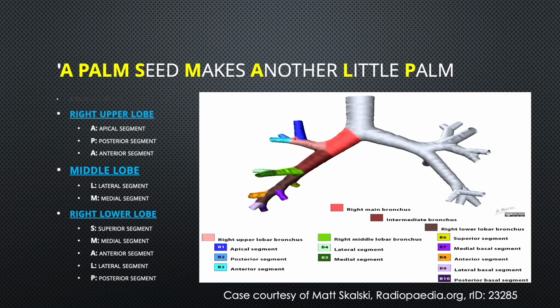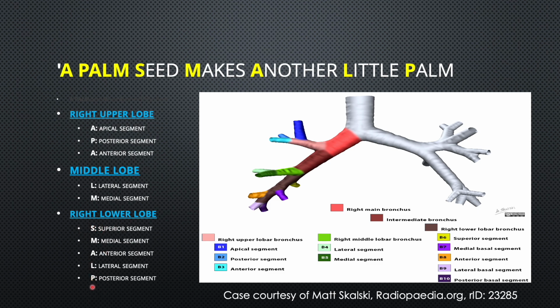So you have the apical, posterior and anterior segment, RB1, 2 and 3, with apical being B1, posterior being B2 and anterior B3. So APA, B1, 2, 3. Then the middle lobe, the lateral and the medial segments on the right side will be B4 for the lateral and B5 for the medial. Right lower lobe,